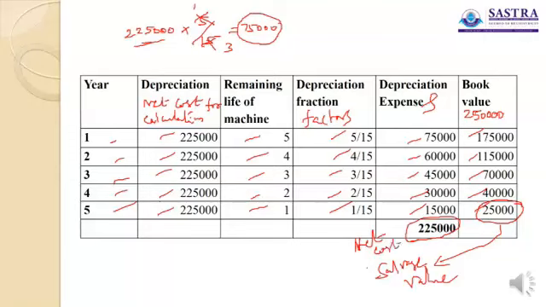Right? With this, I hope you would have understood the sum of the years of digits method and the stages and steps in the preparation and presentation. What is very important and significant here is finding out the fraction or the depreciation factors, and also to keep on going with the basis for the calculation of depreciation, applying the depreciation factor, so that the expenses would become like